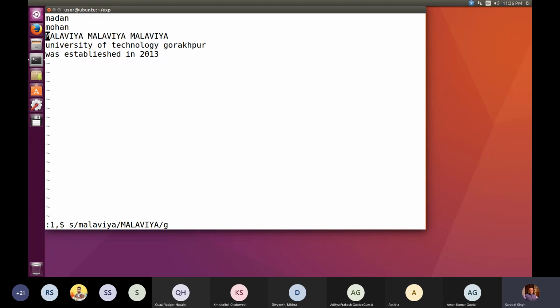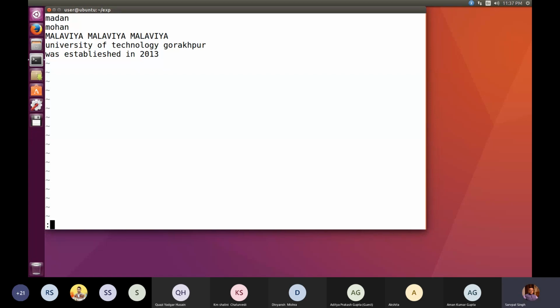So this kind of operation we can perform, and it is also possible that since I have opened this file with the name a.txt, I suppose, if I am willing to store it with another name, say x.txt, so what I can do is w x.txt. Then what will happen is that the lines you had in the buffer are saved in a new file x.txt, while your original file was a.txt.